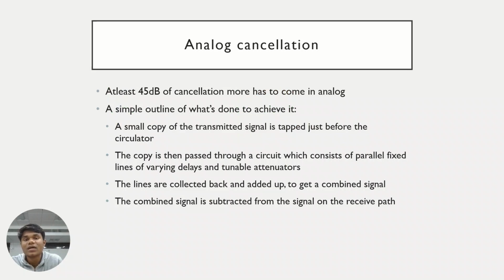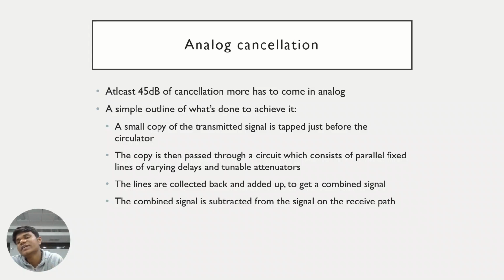Moving on, at least 45 dB more cancellation has to come in analog because we had to cancel 60 dB and we have already achieved 15 dB. Now, a simple outline of what needs to be done after this: take a small copy of the transmitted signal, just tap it right before it is going to pass through the circulator,